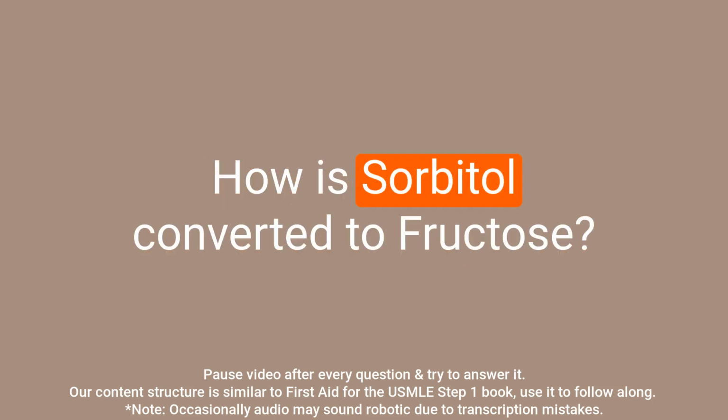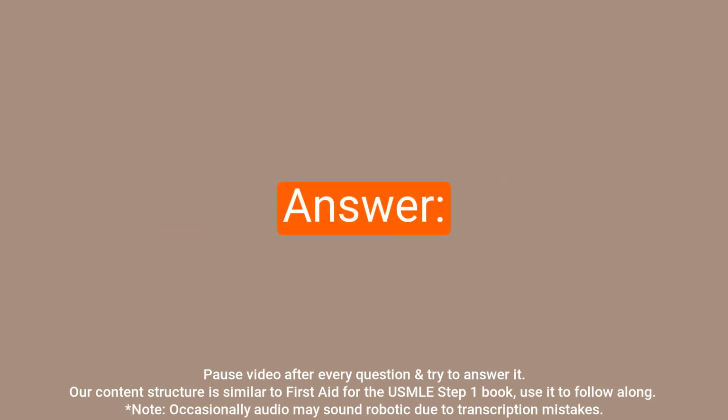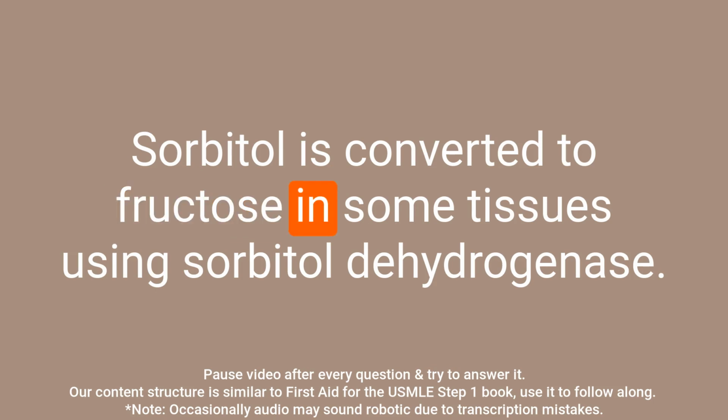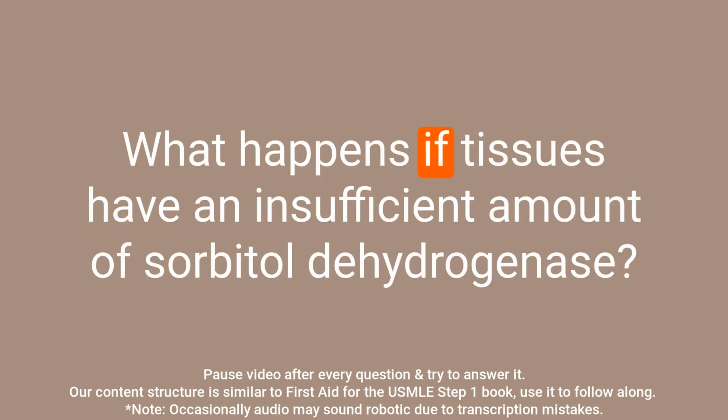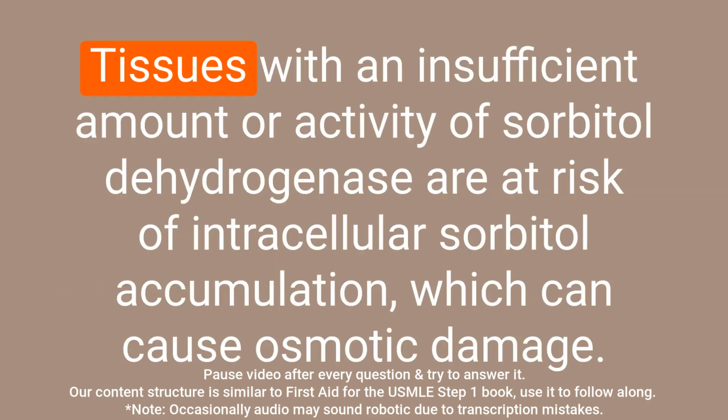Question: how is sorbitol converted to fructose? Answer: sorbitol is converted to fructose in some tissues using sorbitol dehydrogenase. Question: what happens if tissues have an insufficient amount of sorbitol dehydrogenase? Answer: tissues with an insufficient amount or activity of sorbitol dehydrogenase are at risk of intracellular sorbitol accumulation, which can